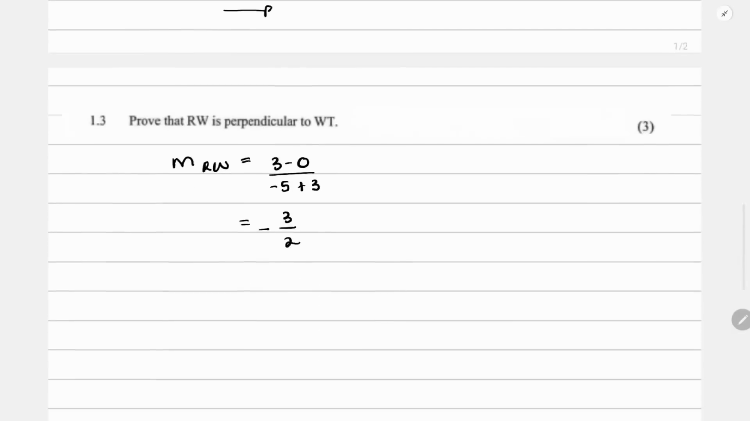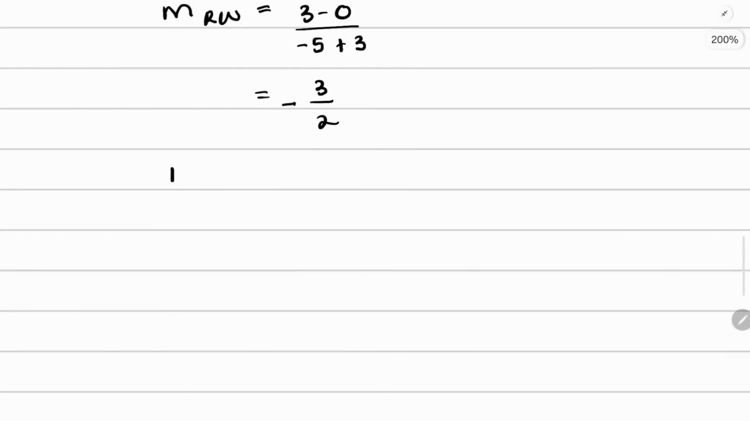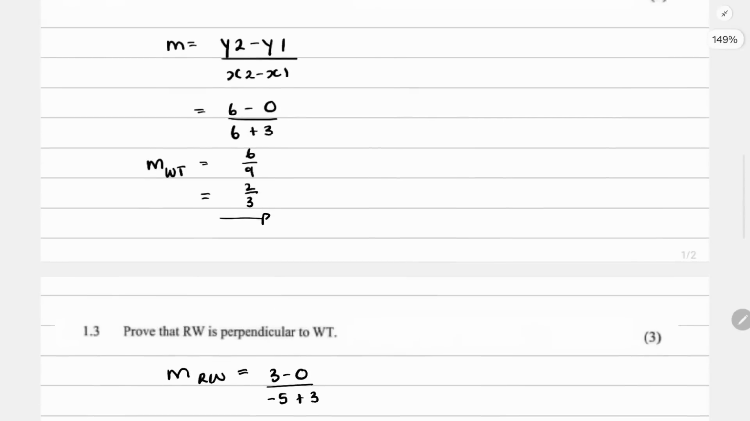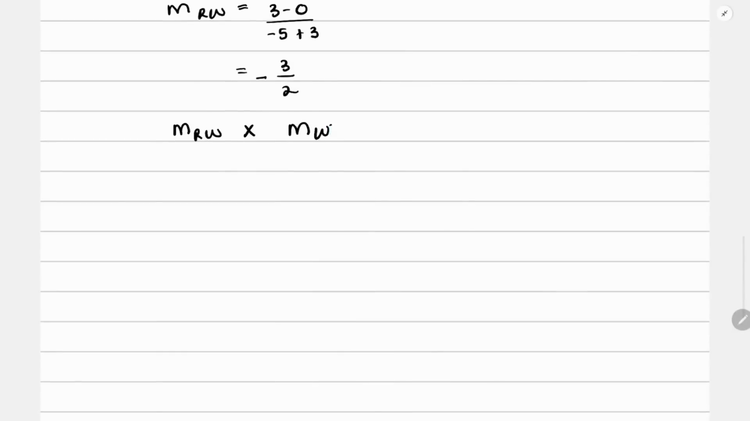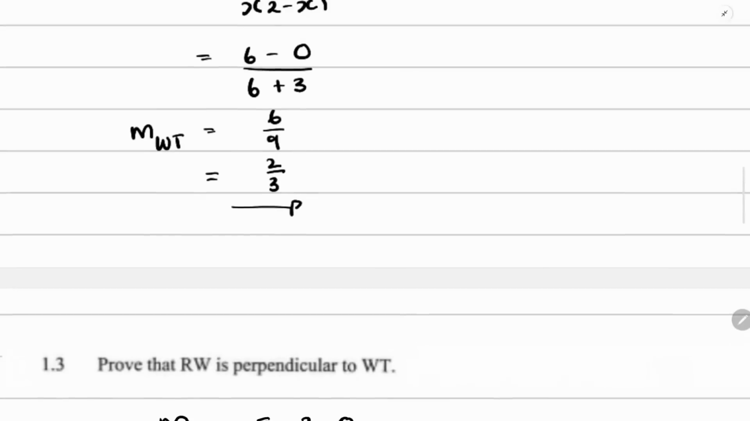So let's go ahead and test whether it's actually perpendicular or not, to prove it to them. We're going to take the gradient of line RW and multiply it by the gradient of the line WT. And if it gives us negative 1, then it is perpendicular. So what is negative 3 over 2 multiplied by that gradient, which was 2 over 3, like we saw there,